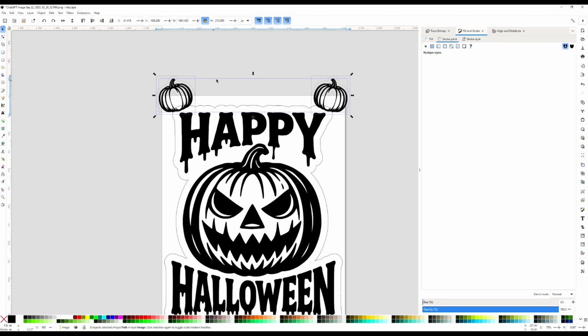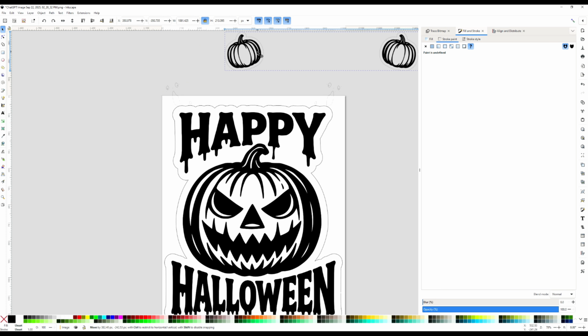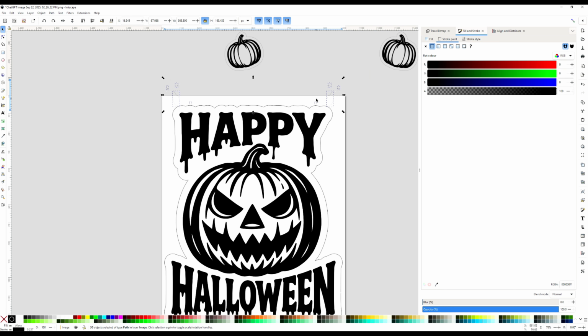So what I'm going to do is group all that so we don't delete the wrong things by accident. To group those, we go up to Object and down to Group, or you can press Ctrl and G, and that groups them as well. Move them out of the way, draw a selection box around the scrap that we don't want, and press delete